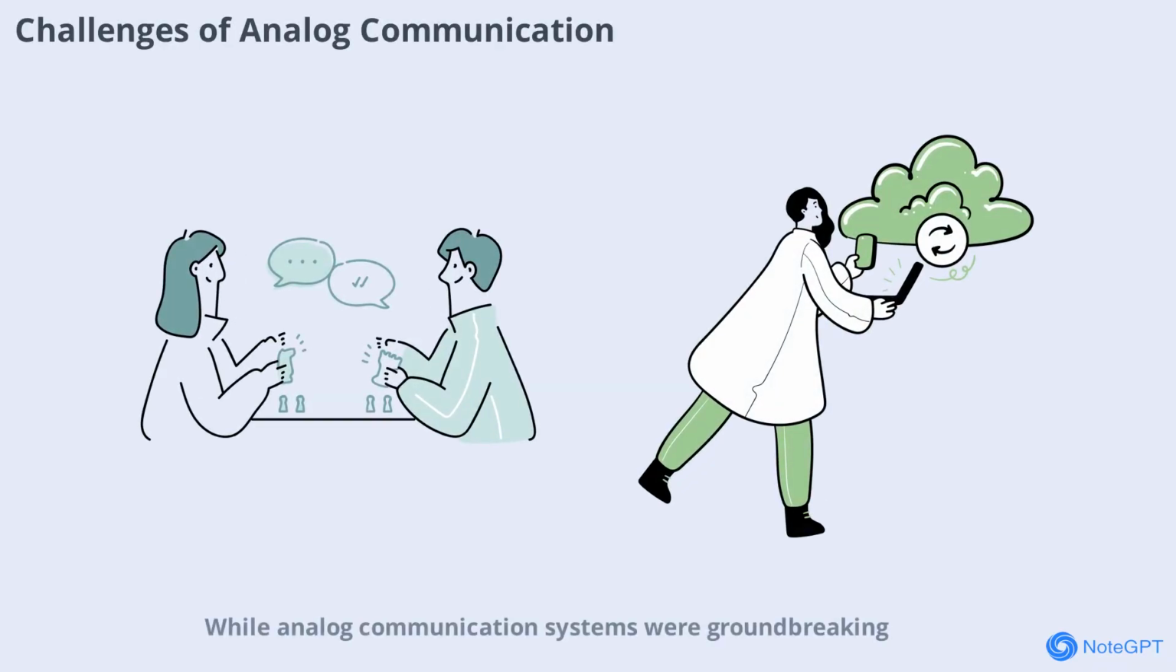While analog communication systems were groundbreaking, they also faced several challenges. Analog signals are susceptible to noise and interference, which can degrade sound and picture quality. Over long distances, signals can weaken and become distorted. Maintaining compatibility between different systems required careful standardization and frequent updates. Despite these challenges, analog communication laid the foundation for the digital technologies that followed, teaching valuable lessons about reliability and